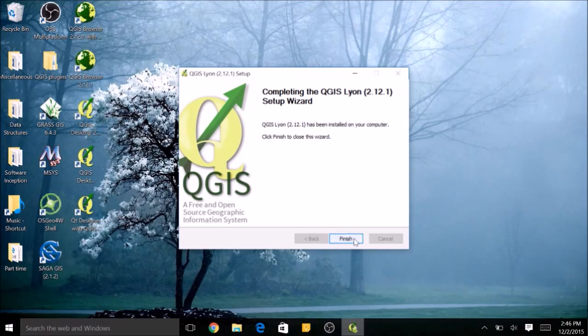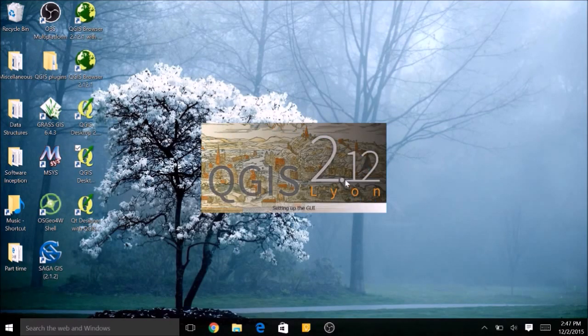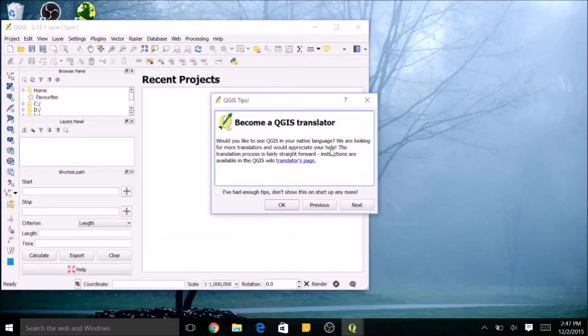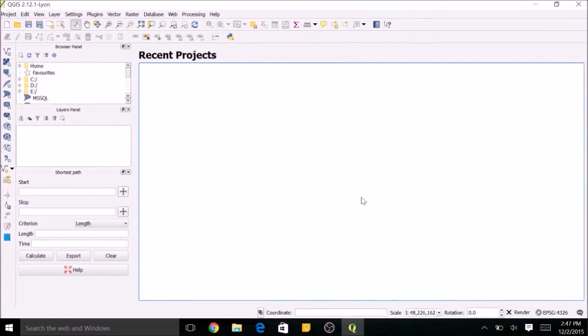And we just click on finish now. And we'll open the QGIS desktop icon which is present on the desktop. So this is the QGIS 2.12 version. This is the latest version which we have installed.